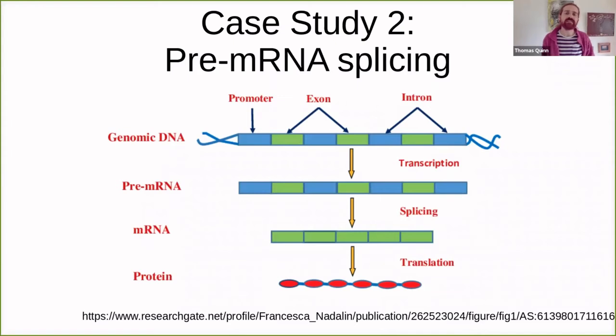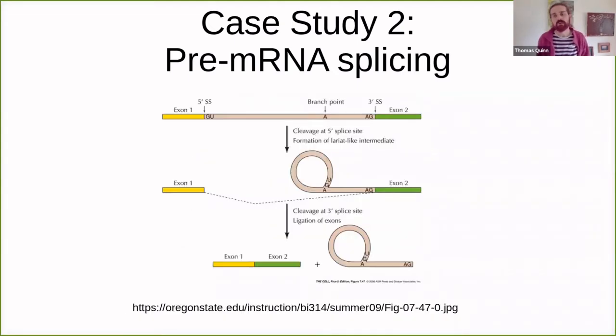The second case study here is pre-mRNA splicing, or once that transcript is produced, it gets cut up and glued together to result in what's called a mature transcript to become a protein. This process is also mediated by a number of different RNA binding proteins, which bind to the RNA via motifs. One example of a motif involved in splicing is the branch point,